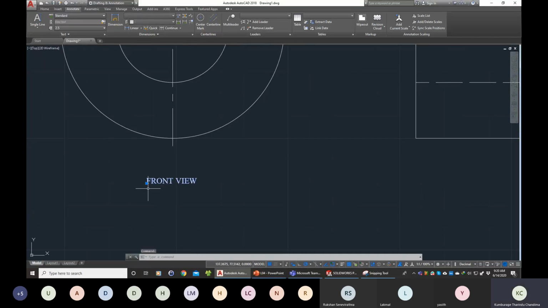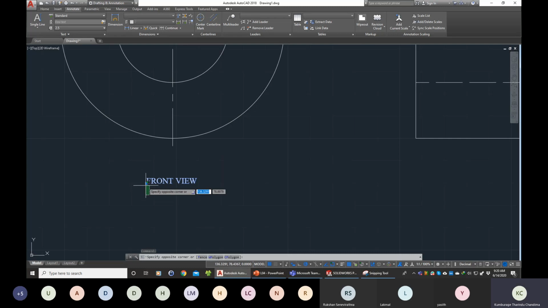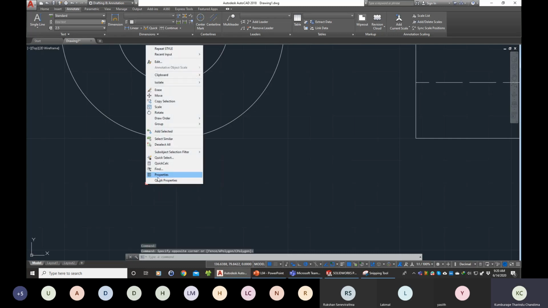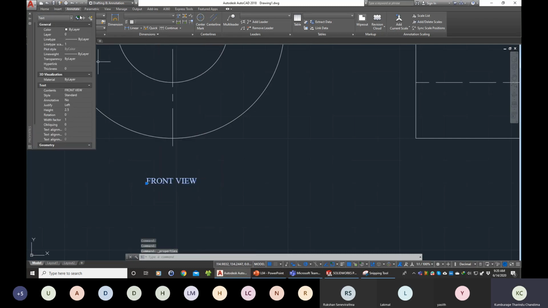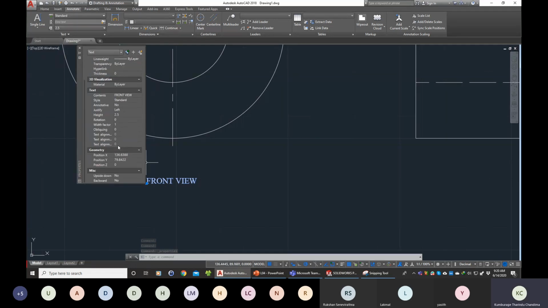So if you click here and select this text, and you have properties, right? Click that one, right? Then